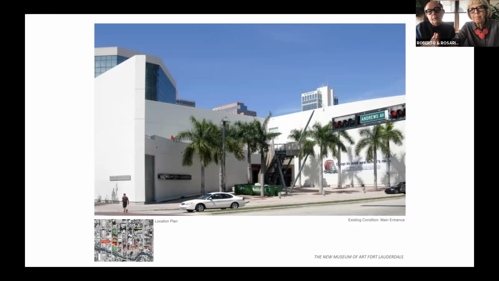And yet, during the 50s and 60s, we got these bunker-like buildings that are totally enclosed and preclude any kind of interaction with the community. So we got this building, and the museum director asked us, how can we change the museum for the better? How can we make it offer the community a place of encounter?